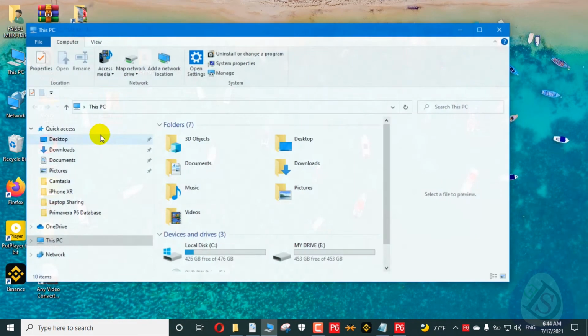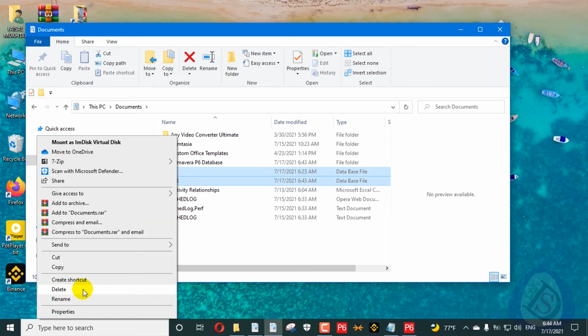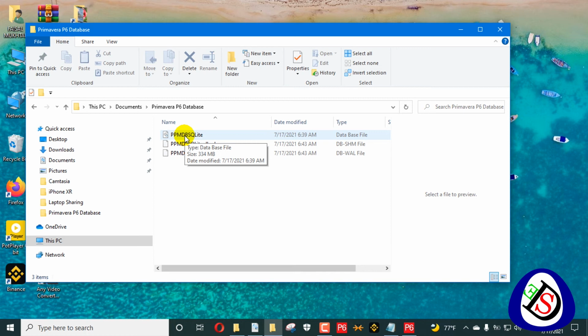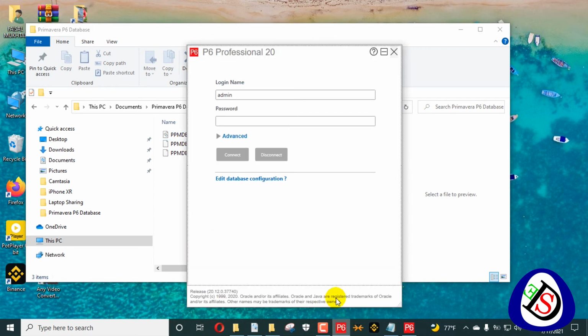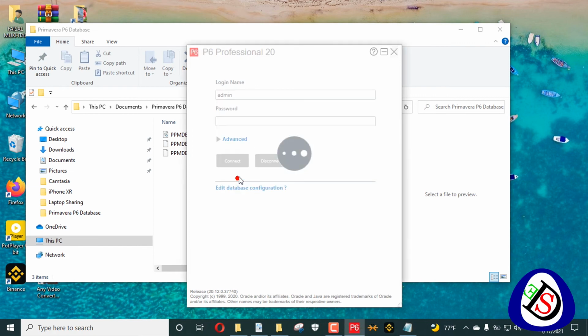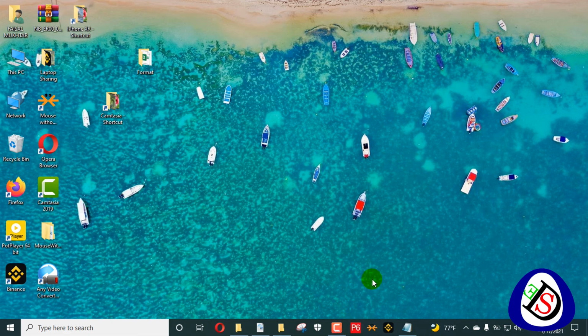I will go here in the documents and delete all my newly created databases which don't have any data. So I will keep this database. If I copy this database, which is a 334 MB file, and put it in another system, and I know the password and the username, I can just load it by this simple method. Going here, I will go to edit, and the simple process is to go to Primavera P6, and I will go to edit database here.